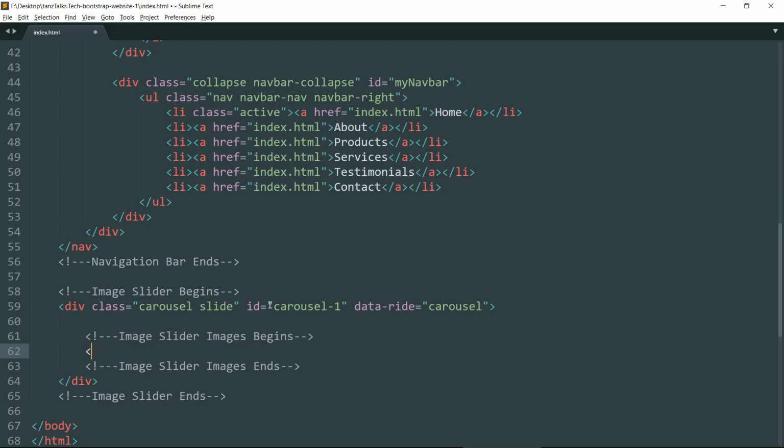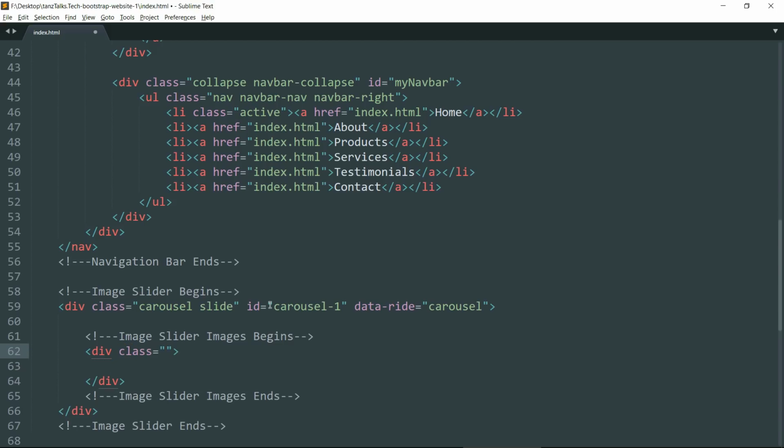Now let's create a div tag and give it a class of carousel-inner, and role listbox.